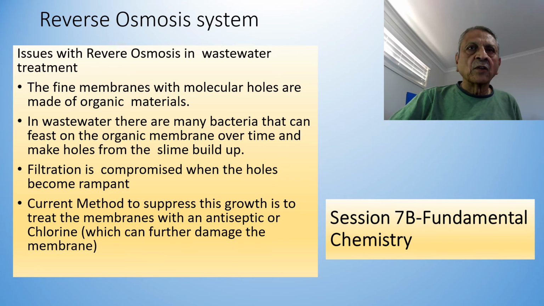What they do now is frequently pass through some antiseptic or chlorine to sterilize the membrane and stop any growth that might have started on the membrane. You'll understand that chlorine can also damage the